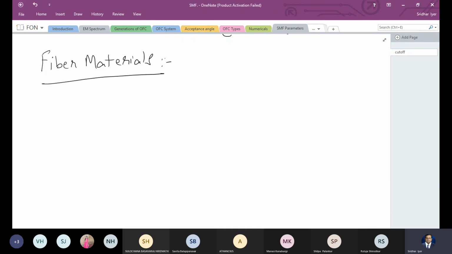There's always been a question on this fiber material in the exam from an exam point of view. So let us quickly look at what these fiber materials are, what are the types. Just to let you know, this is completely theory in nature. So you'll have to know what material is used, what is the fiber. So I'll give you a glimpse of it, and the notes are already shared, so you can look at the details.